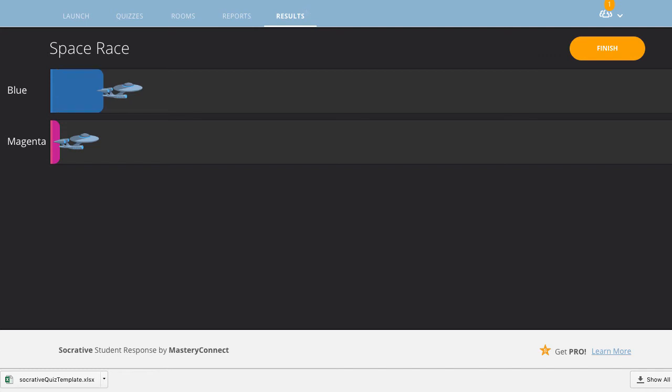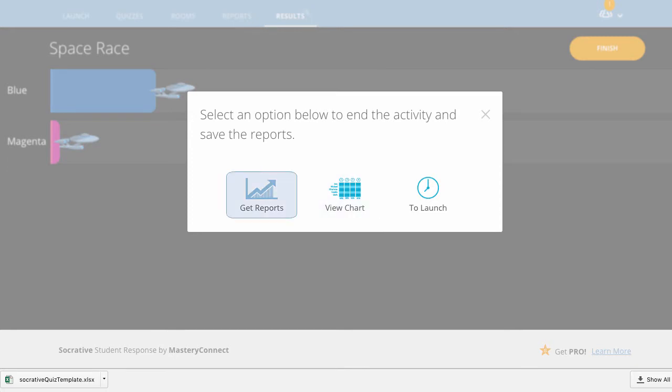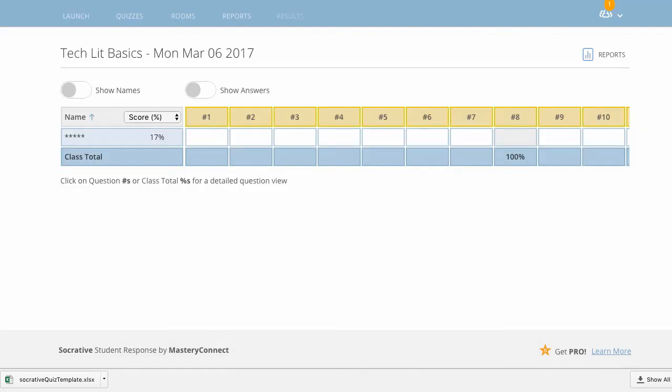So as I answer, you can see my little spaceship in real time moving forward. This is a cool way to really get the students engaged in some competition during the class. Also, when you're done, you can finish it, and then you can view which questions were answered correctly. And I'm not going to take the whole test because you have better things to do than watch me take